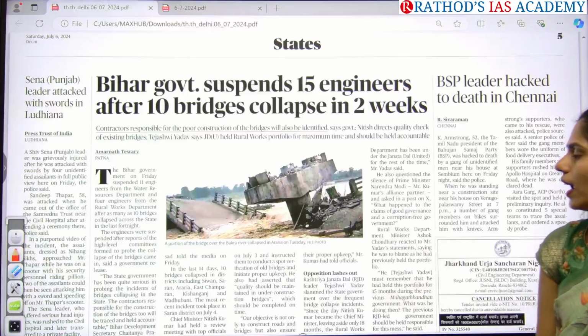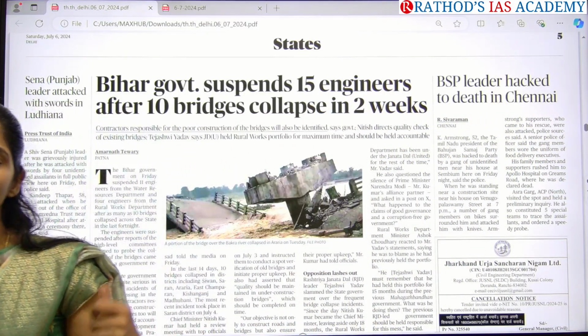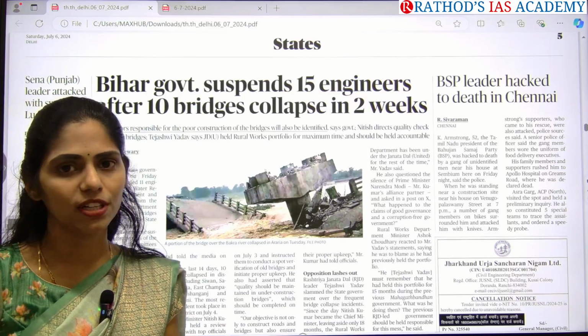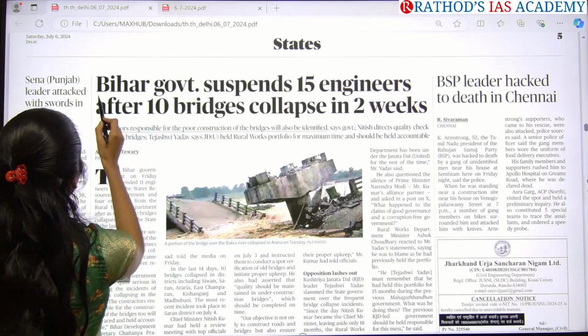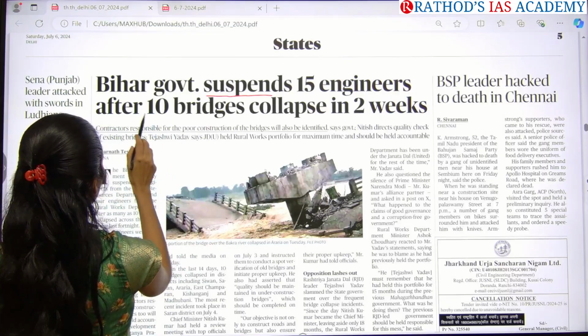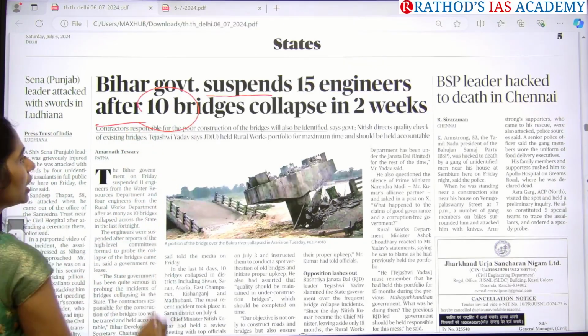Yeah, here there is one article. Recently, especially in Bihar state, they are facing the problem of collapsing bridges, right? So even you can see one more article: Bihar government suspends 15 engineers after 10 bridges collapse in 2 weeks. You can see the data that within 2 weeks, more than 10 bridges had collapsed in